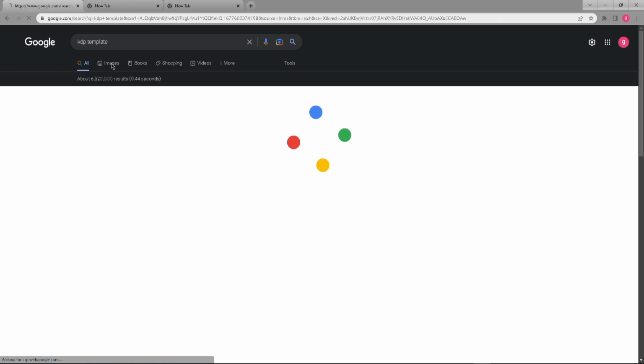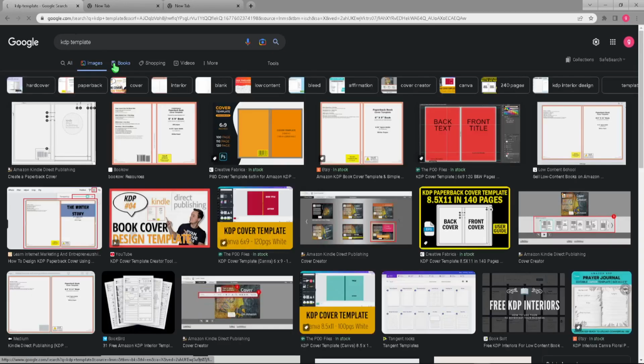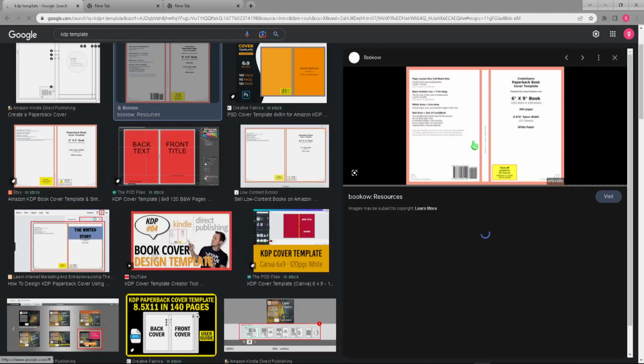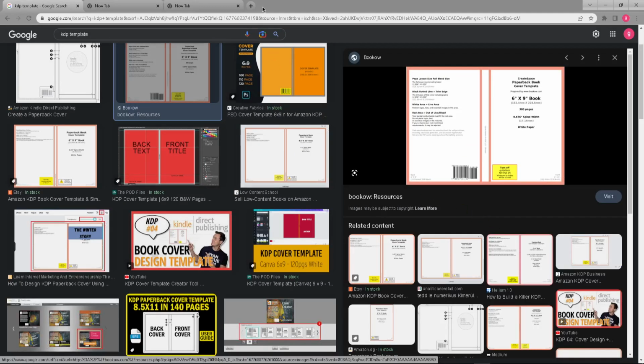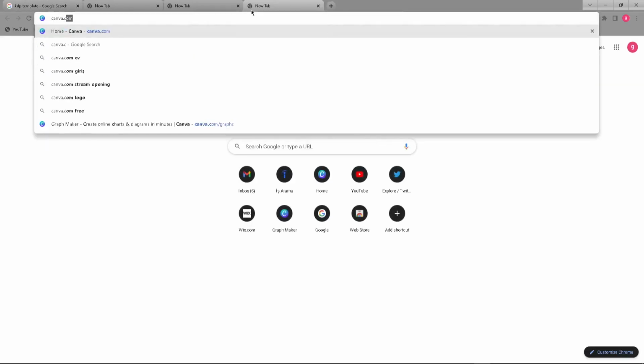And we're going to go to images. And we're just going to take this one right here, for example. And we're going to copy the photo. Next up, we're going to be opening up canva.com. And make sure to log in. I'm already logged in,